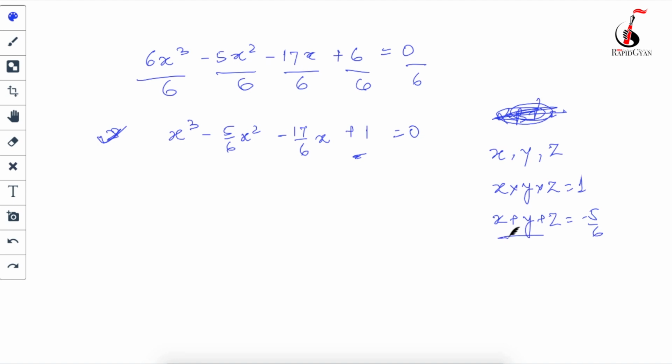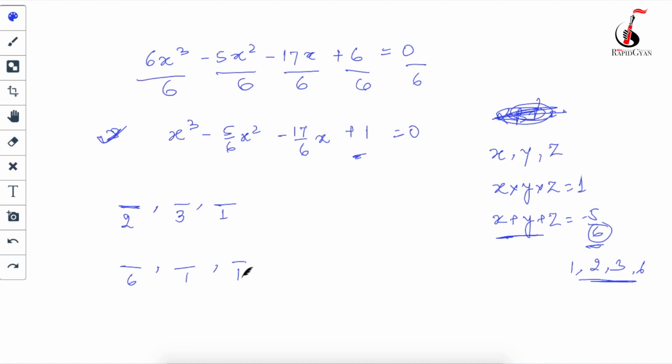Now, what I am seeing is that my denominator is 6, so those three numbers could have something in the denominator. What were the possible options? The factors of 6 are 1, 2, 3 and 6. So what will the possible answer be? One case is that anything in the numerator, and the denominator will have 2, anything in the numerator, the denominator will have 3, and anything in the numerator, the denominator will have 1. This is the one case. Another case will be 6, and I will just say 1 and 1. So these are the two cases which I am getting. Of course my answer is going to be related to either of these two cases. Okay.